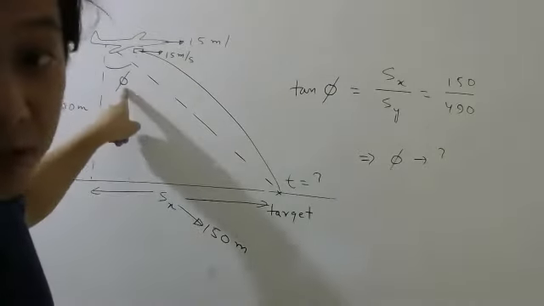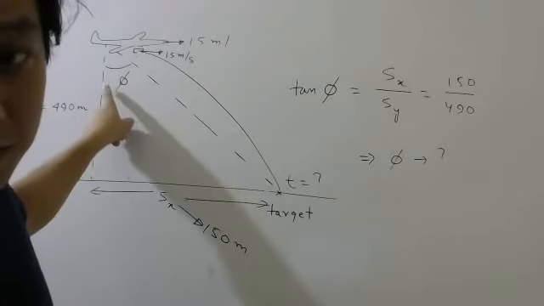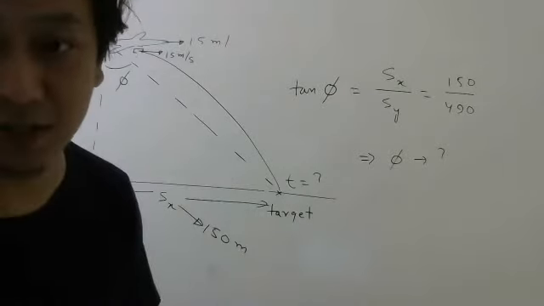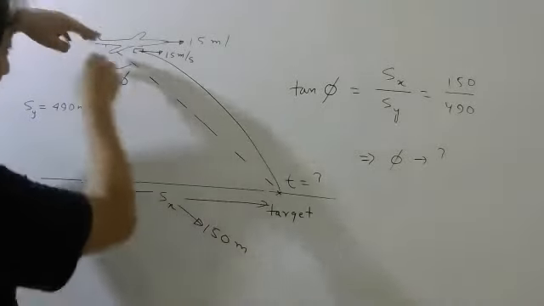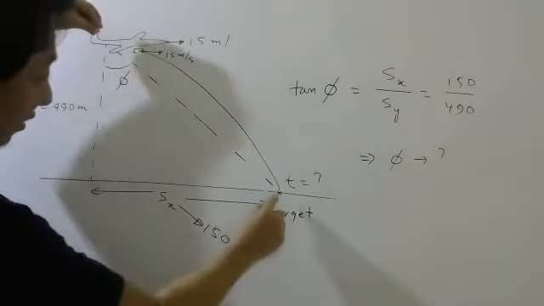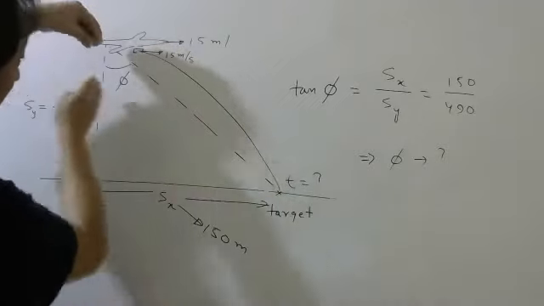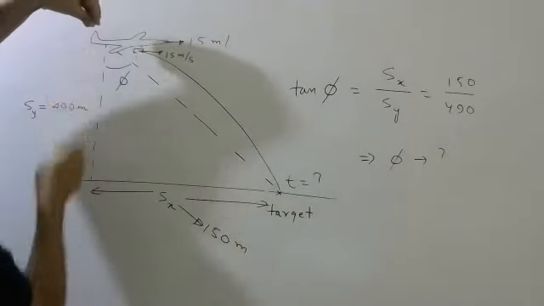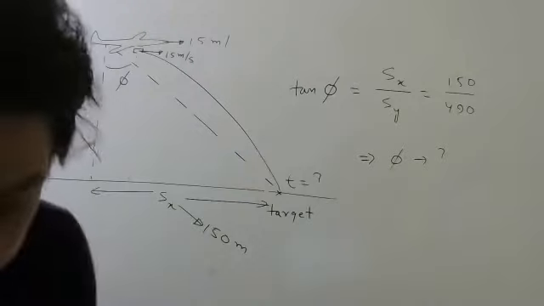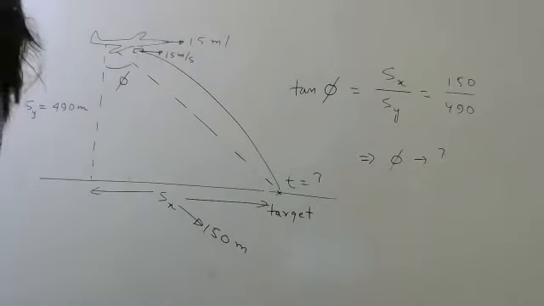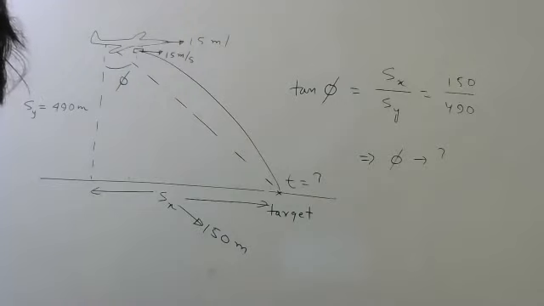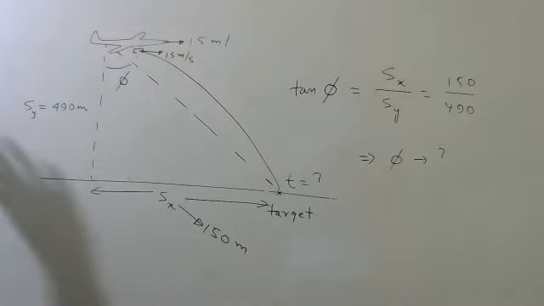Again, don't confuse this with angle of projection. This is obviously not the angle of projection. This is the angle made by the line of sight between the aeroplane and the target, that line with the vertical. With the vertical. Done? Yeah, you can call it angle of depression. Done, everyone? All these are extra, okay?